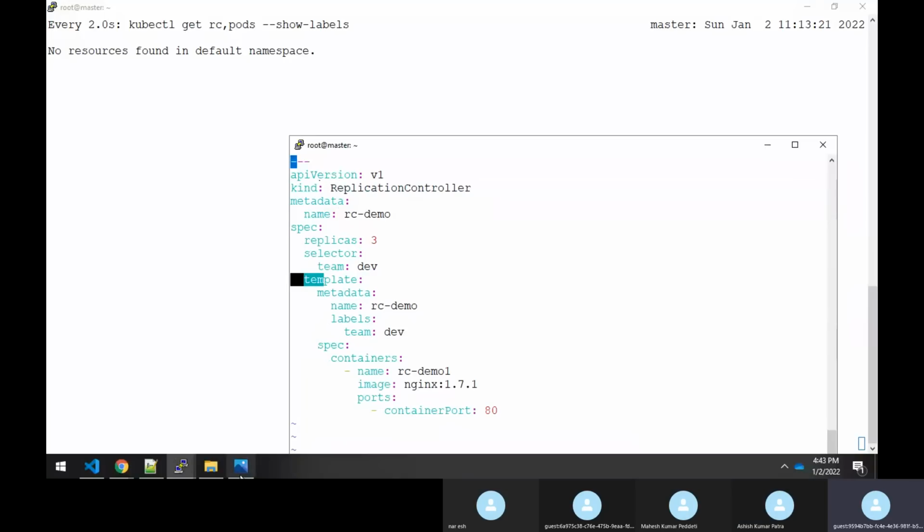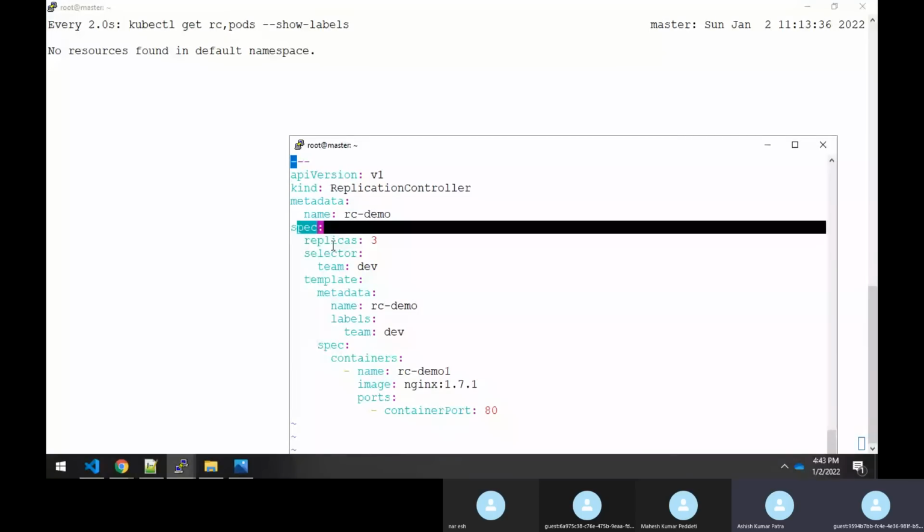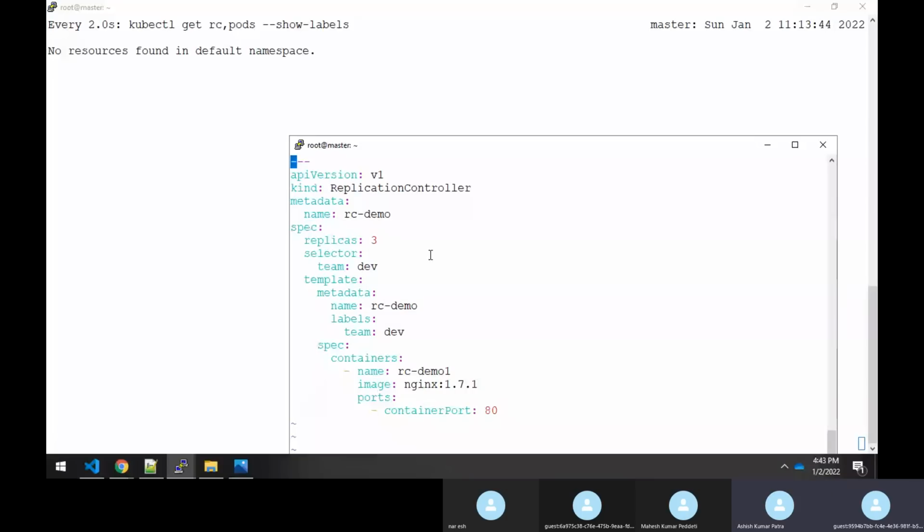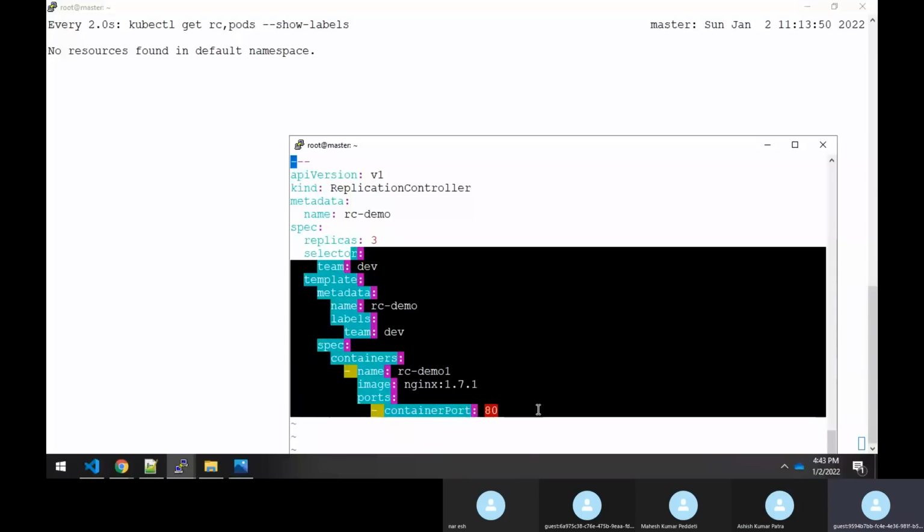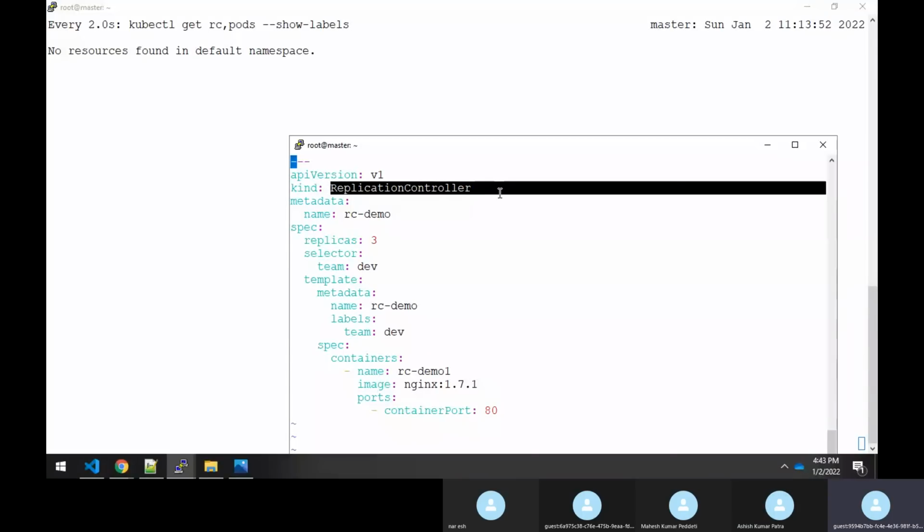So just follow the API reference guide. In between there are many things that will come, sir. In the upcoming classes, I'll be adding many more things under this spec, like affinity and all I said. So that we will see later. As and when required, we'll be adding many more fields. But this is a simple way of showcasing how exactly the replication controller works.